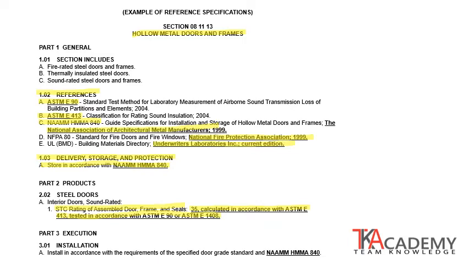Even in the execution and installation, we tell the contractor that they will install this according to, and then list a certain reference. So pretty much everything that we are telling the contractor to do in Part 1, how they are supposed to receive, store, ship, handle these products, what the products are, how the performance of them, how they're going to be installed, all that is simply citing another reference standard, and the reference standard tells them the specifics on what needs to be done.